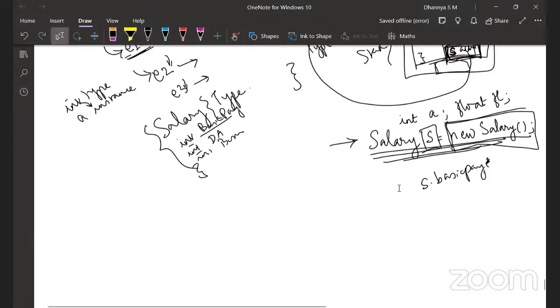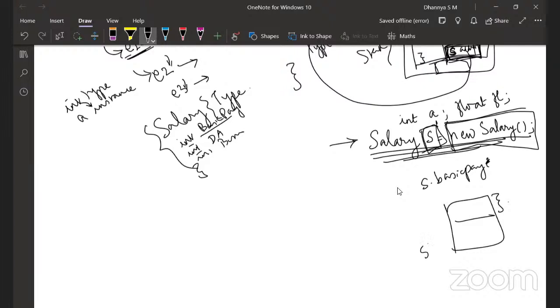When I say new salary, inside the heap it allocates some space for S, because it knows the salary data it has to allocate. Then it says, okay, this has to be referred by the variable S. And that will be valid for that particular code, not for all.